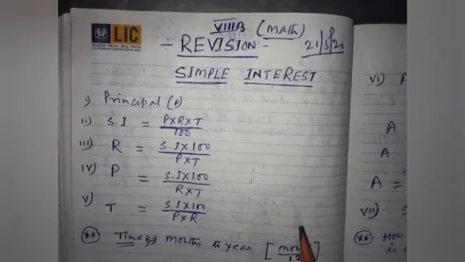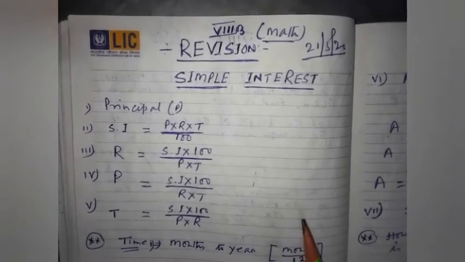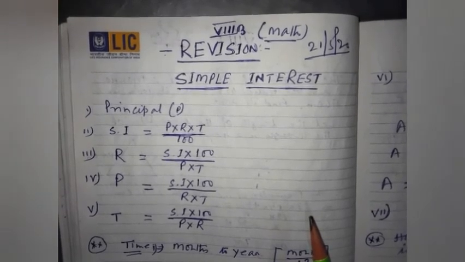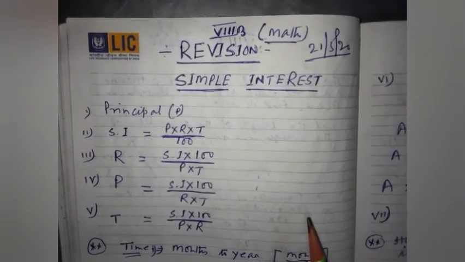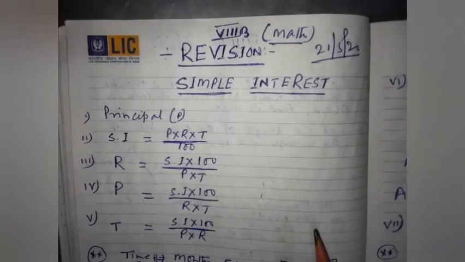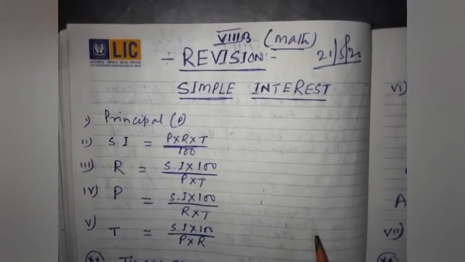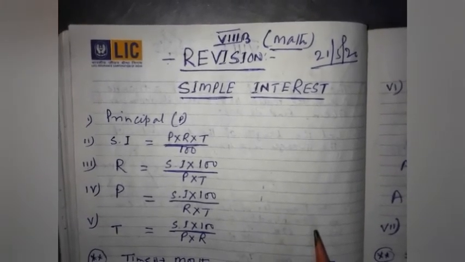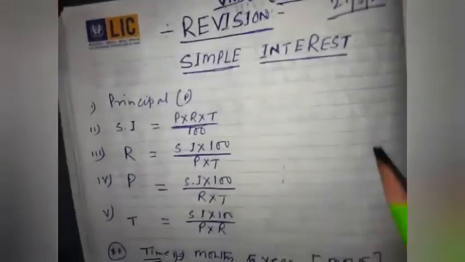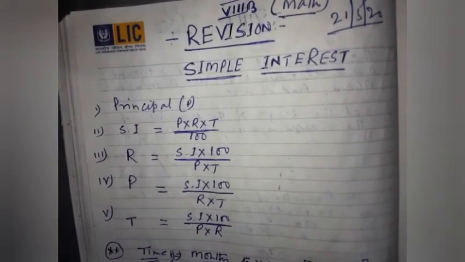Yesterday I discussed the area and perimeter of a triangle. Then I discussed how to find the area of a triangle when all three sides are given, when you know only the height and base, and one more triangle we talked about, the equilateral triangle. All those things I made very clear to you, and I have not given you any homework yesterday, I just told you to practice it properly. I hope you have done it.